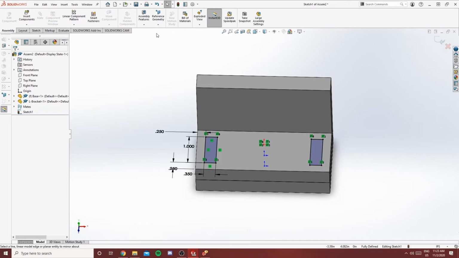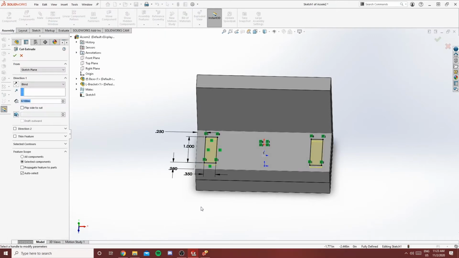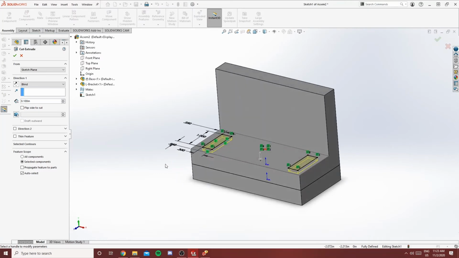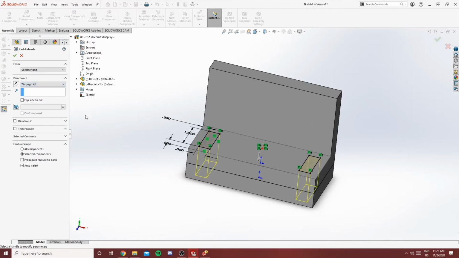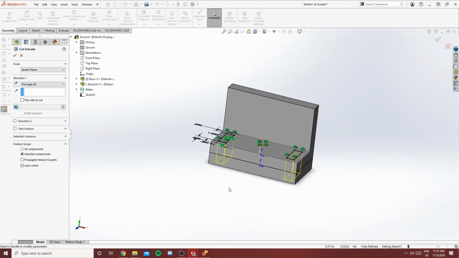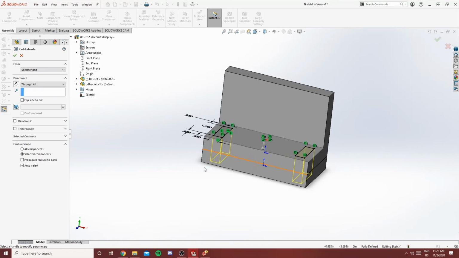Alright, so now we're going to do an actual feature. So we'll go into the assembly, go to assembly features, and choose extrude cut. Now, here's where you get a couple options. You can choose the depth of the extrude cut. Obviously, for this instance, I'm going to choose through all. And then here is where you can select which components you actually use this feature in. So I'm going to go ahead and select all components, but